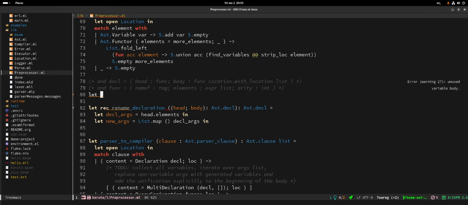Yeah, so let's actually make a function called rename arg. And that will take an expression, which I believe is AST_XPR. And this should return a tuple of two things. It should return the new variable, so I think we can even do var in this case. But it should also return a list of things that we need to add to the body if it's not a variable. Agree, Marin? Actually, we still need to add a list to the body, even if it's a variable, because